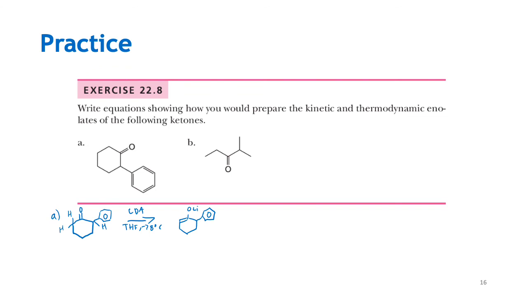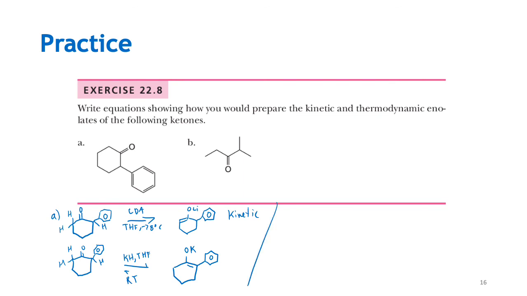Okay. And then if we wanted to make the thermodynamic enolate, which I hope you're actually doing this at home without just watching me do it, but that you're actually trying this on your own, let me just emphasize that the equilibrium would favor the products, but I would use KH, THF, room temperature, let's say 25 degrees C, and then I should have confidence that I would form the thermodynamic enolate. You have it. Now part B,